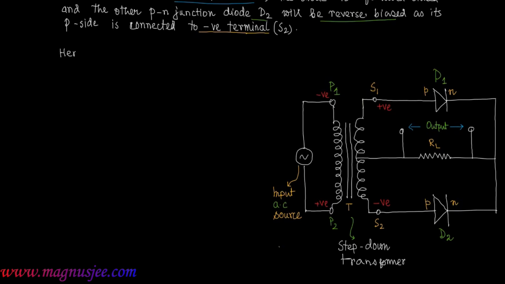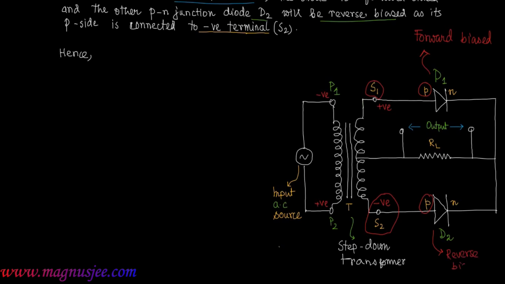Hence, here we can write: as the P side is connected to the positive S1 terminal, this diode is forward biased. The diode D1 is forward biased, and as the P side of the diode D2 is connected to the negative S2 terminal, that's why this diode is reverse biased